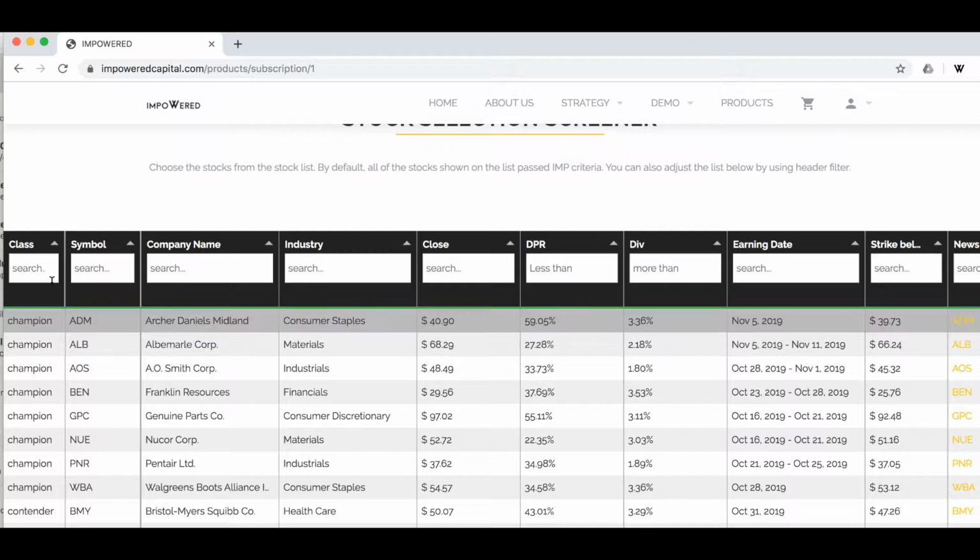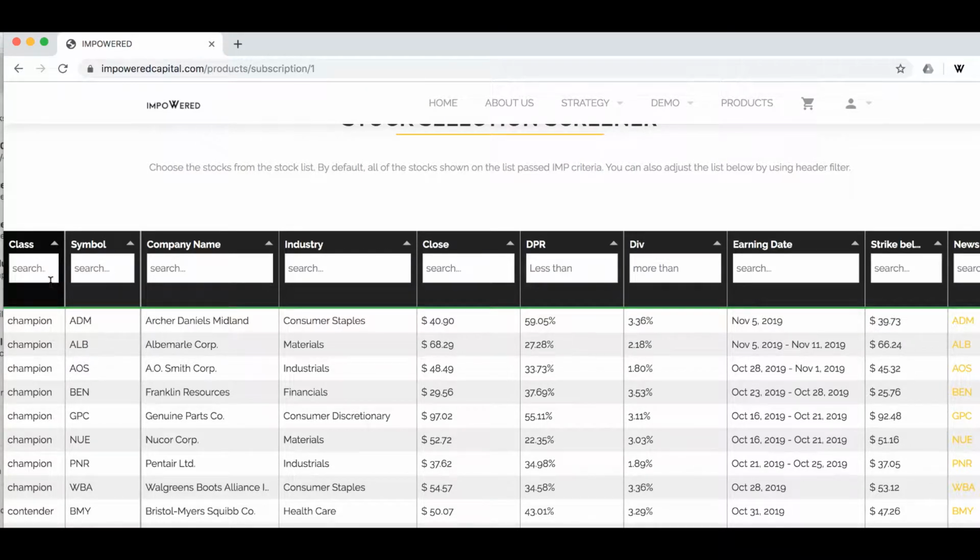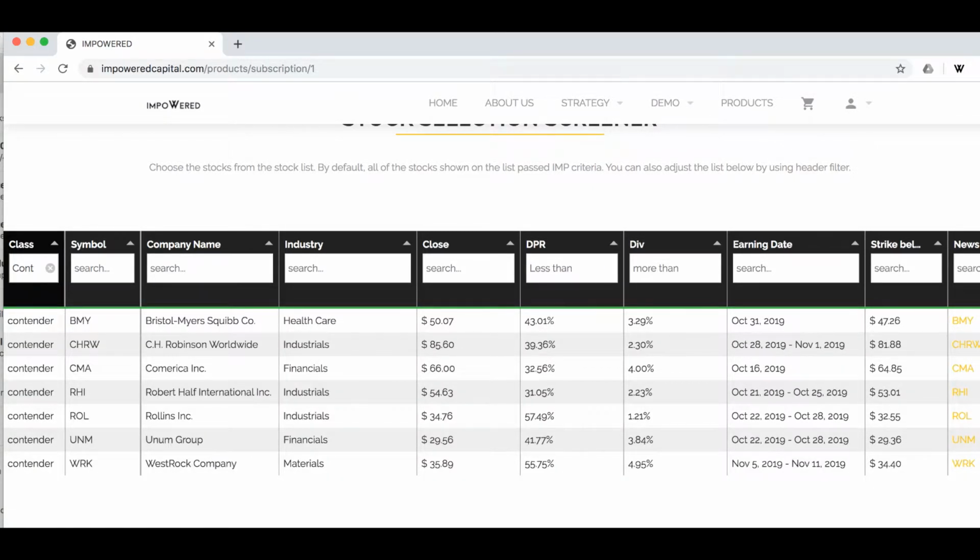The first column is class, which classifies the stock into 3 types. Champion, which have been paying and increasing dividends for 25 years straight, such as Johnson & Johnson, Coca-Cola Company, etc. Contender, which is for 10 to 24 years, and Challenger, which is for 5 to 9 years. You can also use the header as a filter to select any class. For example, I'm going to select Champion. So I just type in Champion right here, and the results will be shown on the screener. I can also do it with Contender,